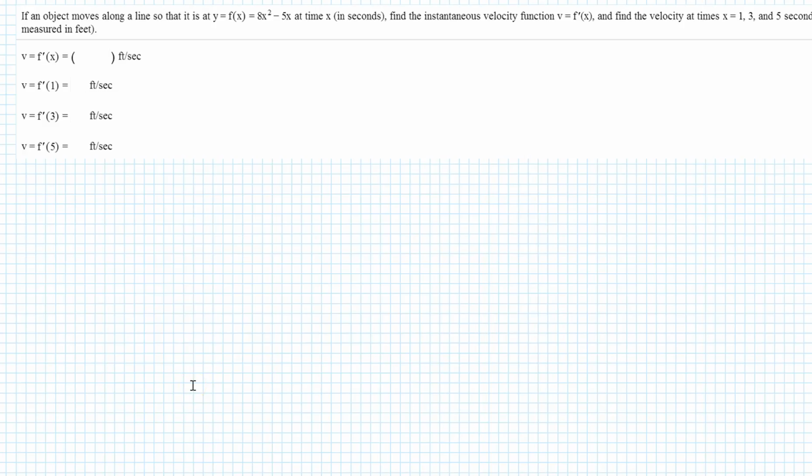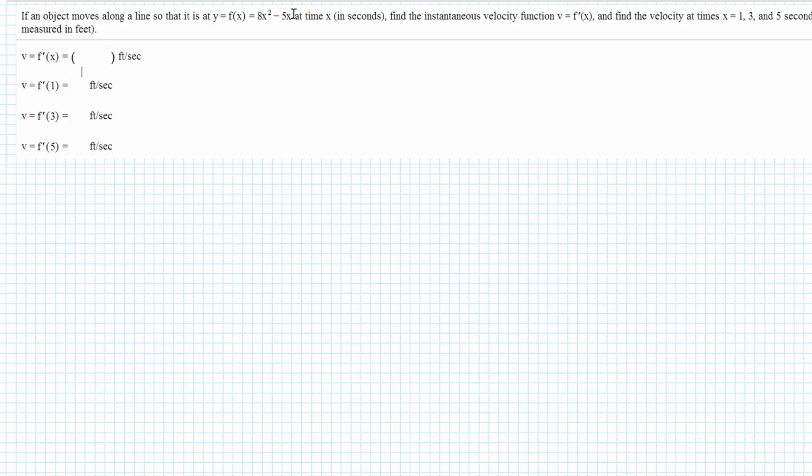Here we've got a question again about instantaneous velocity of a function. They're saying an object moves along a line so that it is at y equals f of x equals 8x squared minus 5x at time x. They want us to find the instantaneous velocity function and then use that to find velocity at 1, 3, and 5 seconds. So to find the instantaneous velocity function, we just need to do the four-step process on this particular